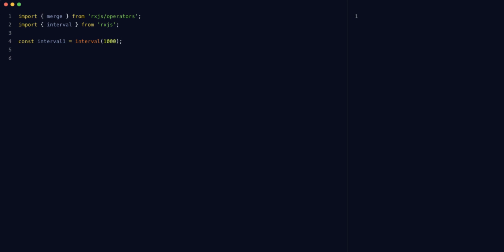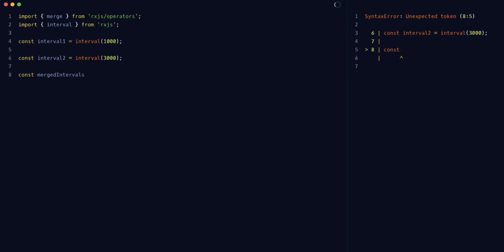Now we'll create another one, const interval2, which will emit the data every 3 seconds, or 3000 milliseconds. Now, to merge the intervals, const merged equals,